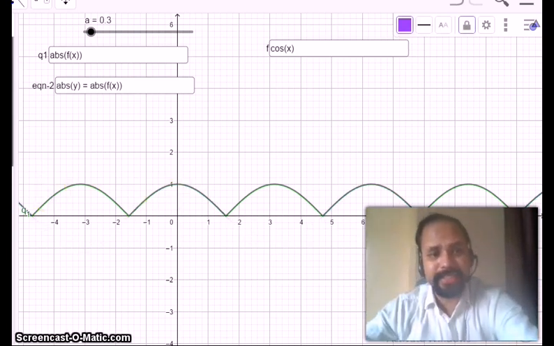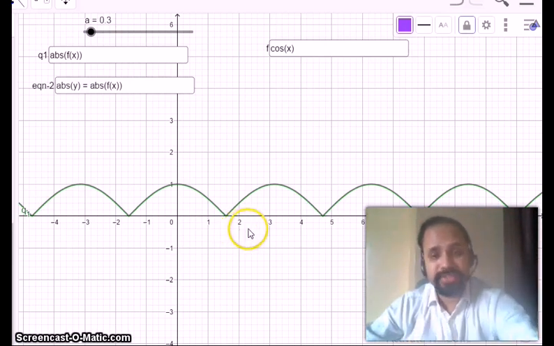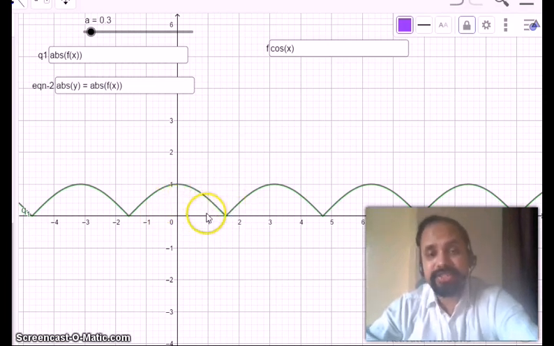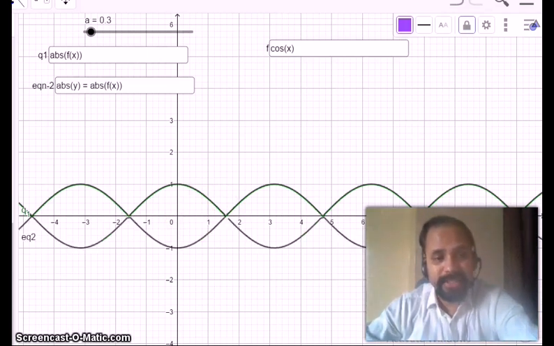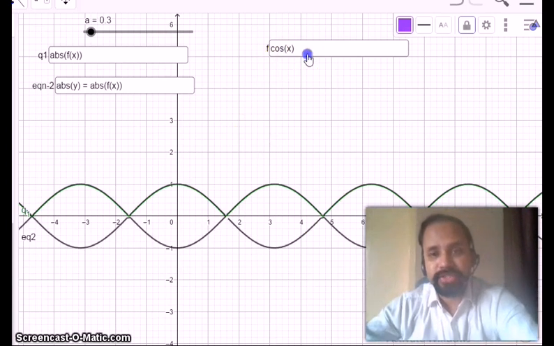Okay, and in the next step, what we are doing in mod of y equals f(x): as I explained in the last graph, we have to omit the part that is below the x-axis and simply take the image of the part that is above the x-axis. Here, the part that is above the x-axis, we simply take the image of this portion with respect to the line x-axis. In this one, consider the x-axis a plane mirror. Then this will be the graph of mod of y equals mod of cos x.